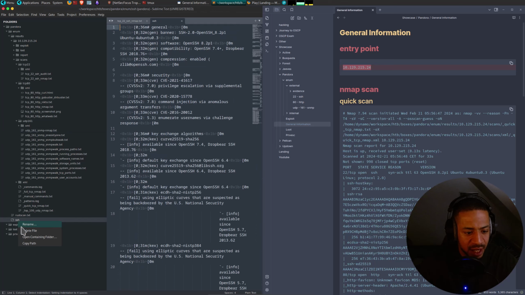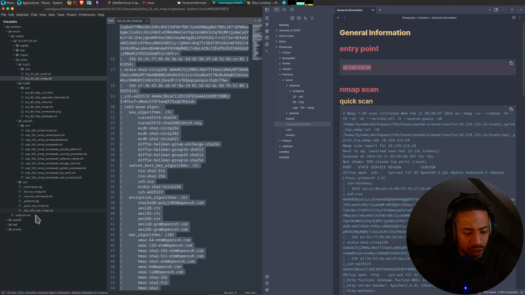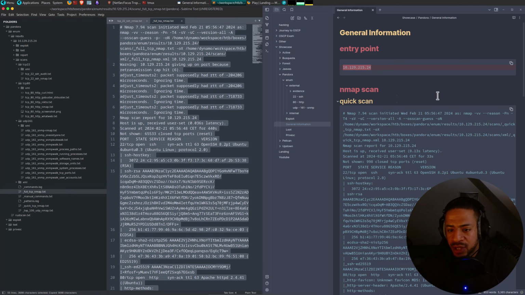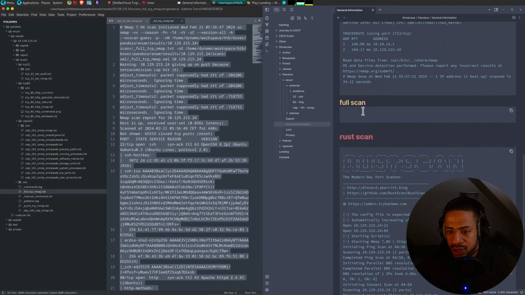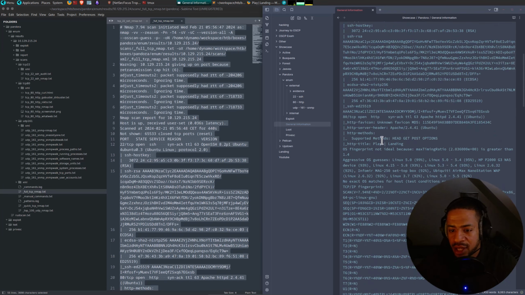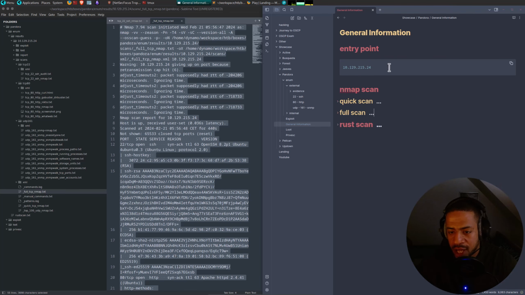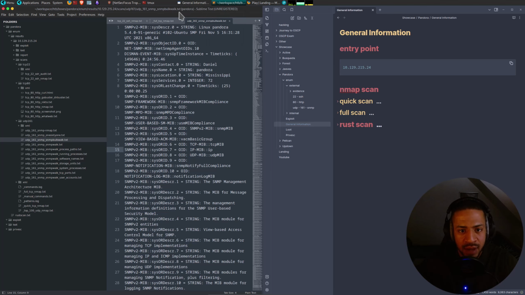And this SSH I can also delete because it was the one with the ANSI characters, and the RustScan is the only one that stays out because it doesn't belong in these. Although I could put it into here, into the bigger scans, but yeah, doesn't matter. Anyway, this full scan is done. So let me also just paste this here, and then we're pretty much fully done with this general information page. While that is done, let me go into SNMP bulk walk and read what is in there.